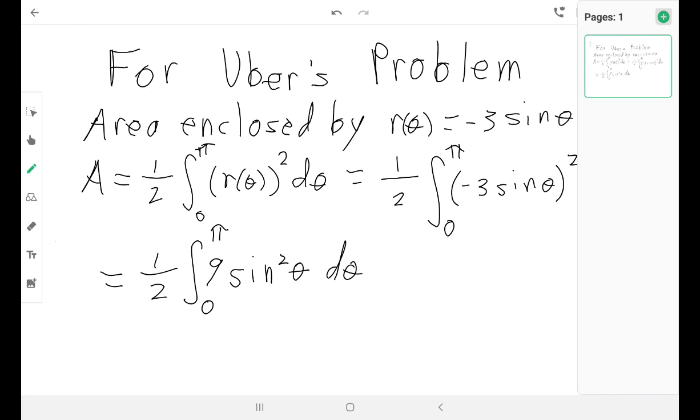So let me start a new board here, and I am trying to do 9/2, if I move the 9 out into the front, times the integral from 0 to pi of sine squared theta d theta, and then you have to figure out how to integrate sine squared theta d theta, and there's a whole set of tricks to that. So note,